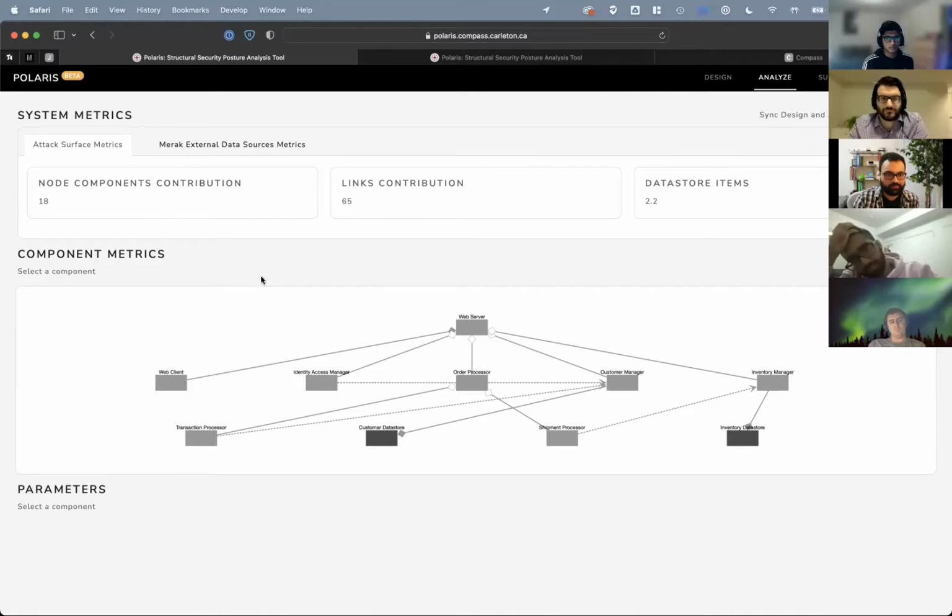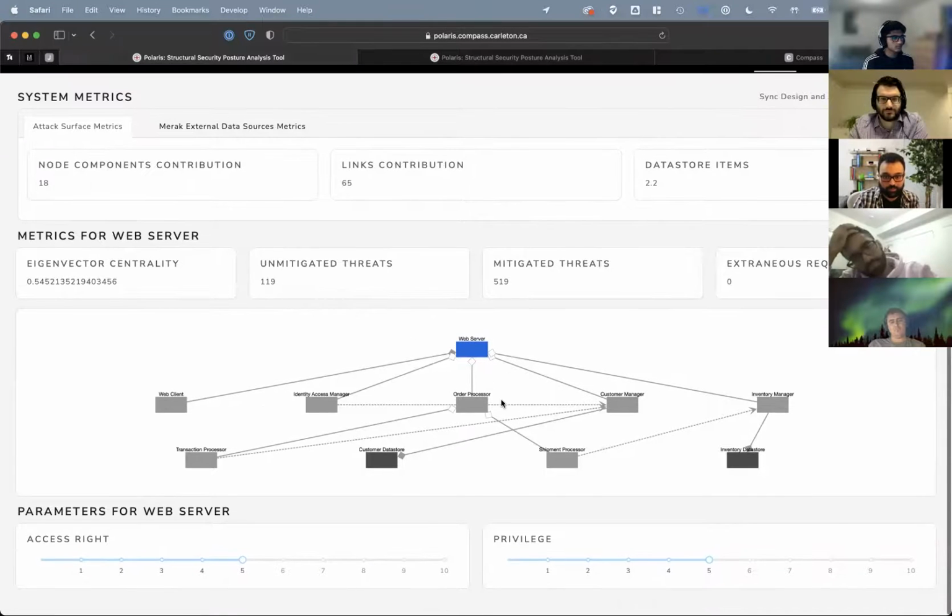And we also have this UI where we could basically click on a particular component and we can see component-specific metrics over here. For example, we can see things like eigenvector centrality, which is a fancy calculation that looks at how important this component is relative to the other components based on where it's located.